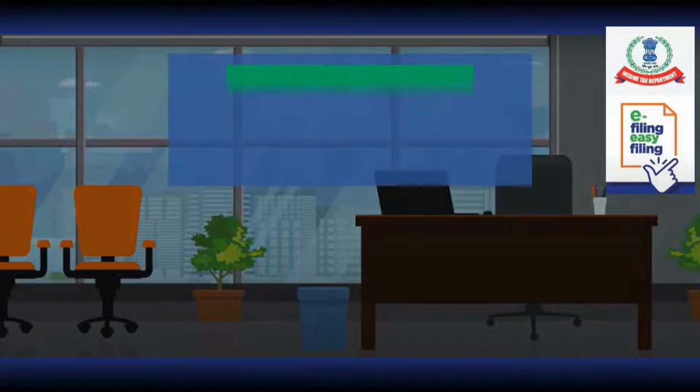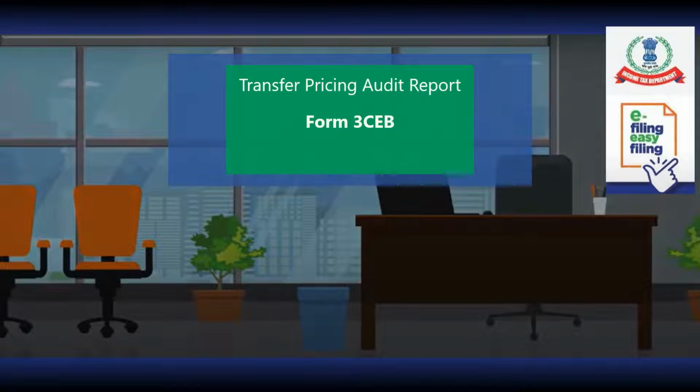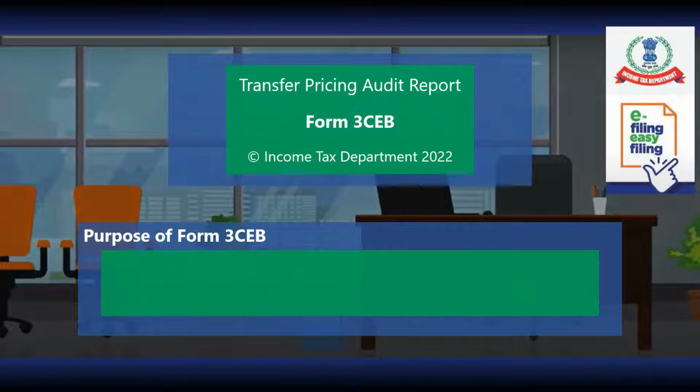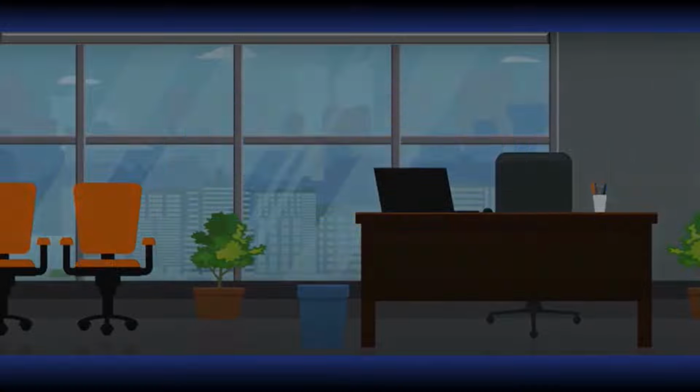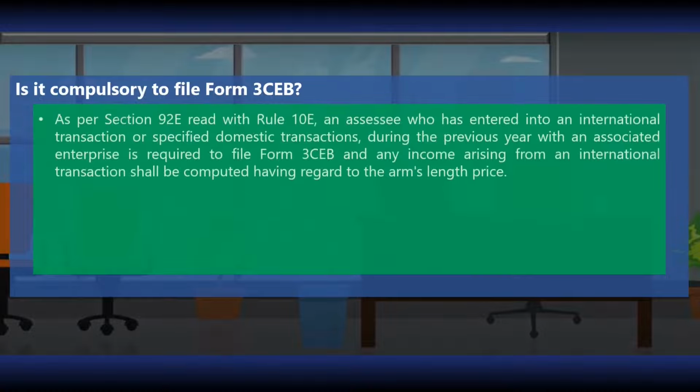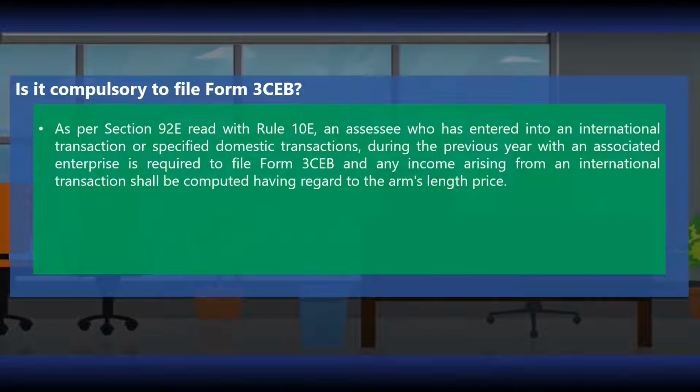This video is on Transfer Pricing Audit Report in Form 3C-EB. Form 3C-EB is required to be filed by taxpayers engaged in any international transaction or certain specified domestic transactions with an associated enterprise. As per Section 92E read with Rule 10E, an assessee who has entered into an international transaction